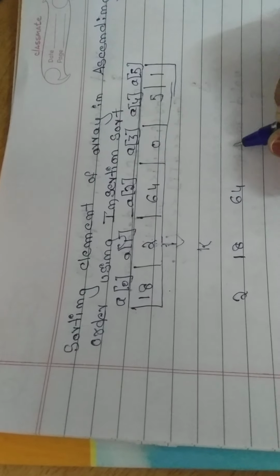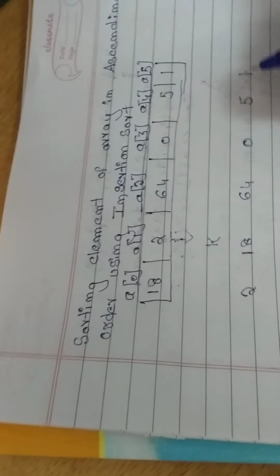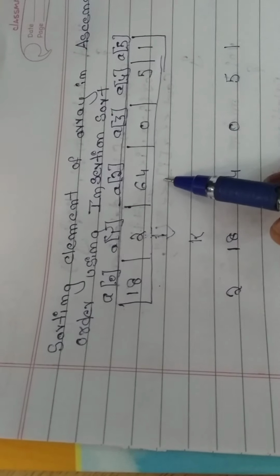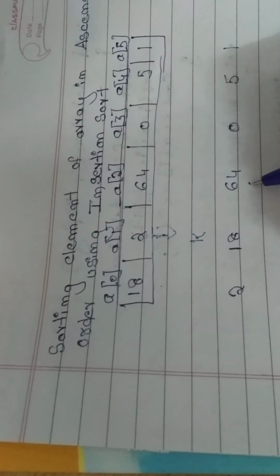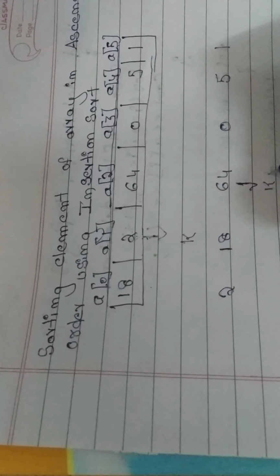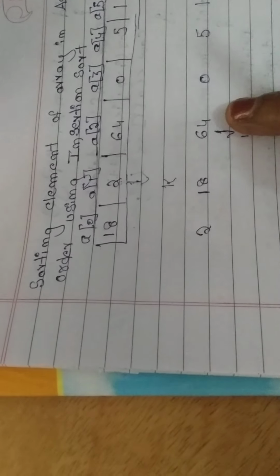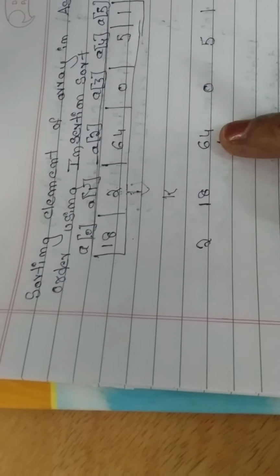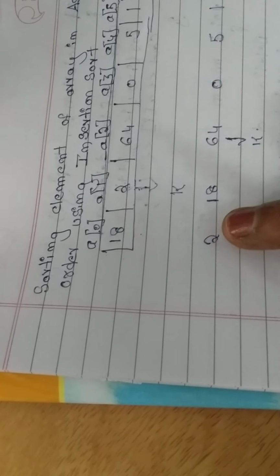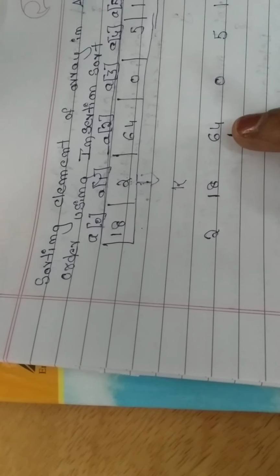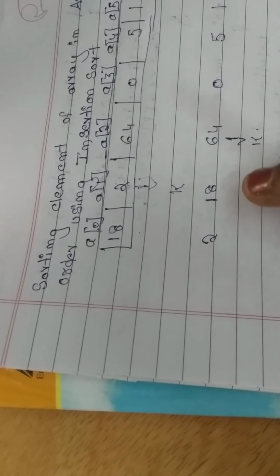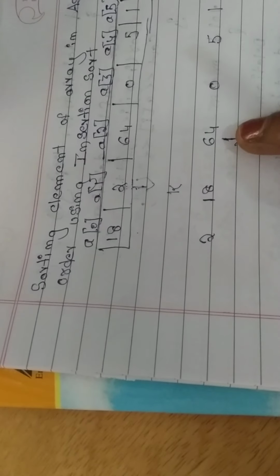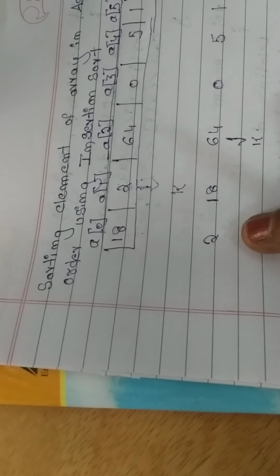So 64, 0, 5, 1 is there. Before we said that this is the key element, now we are making this the key element. Compare the key element with all the elements before it. First our comparison will be with this. Since this is greater, it will be here only. Compare with this. Since it is greater, it will be here. Our agenda is to arrange them in ascending order, so what is greater should be here, and what is less in value should be on this side.